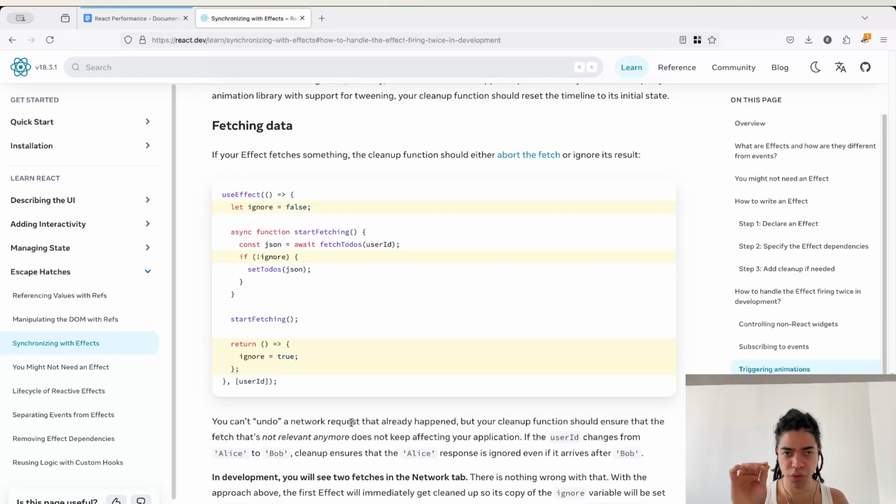So you should either abort or ignore the result, because there is no way of undoing a network operation. So the solution that I came up with, when React is saying let's abort or ignore that, is that we're going to define an ignore flag in our setup code that is false, and if we need to rerun this side effect, the cleanup code is going to now ignore that data,